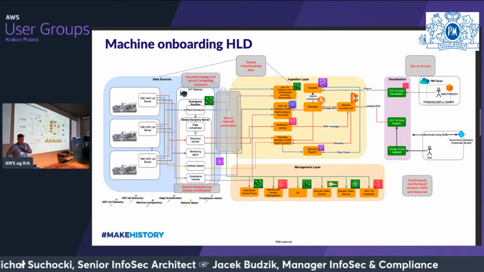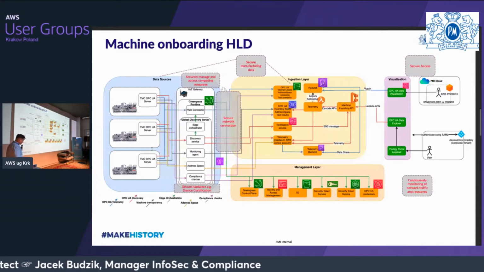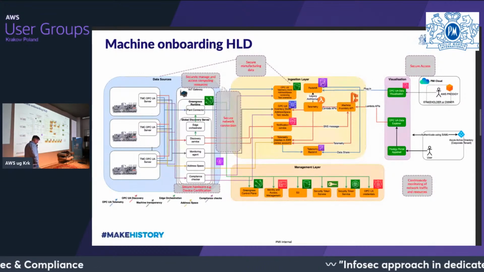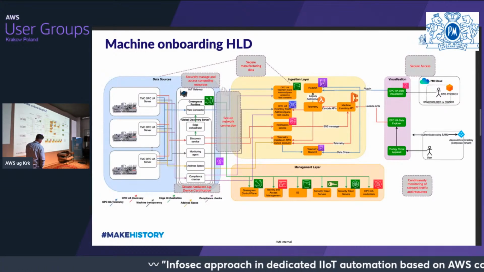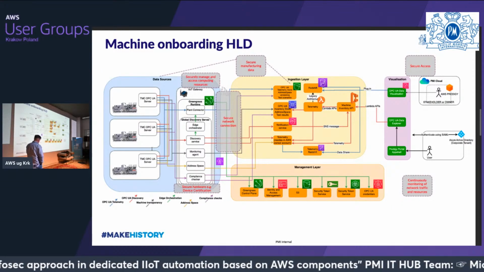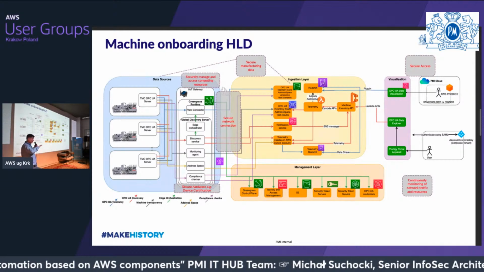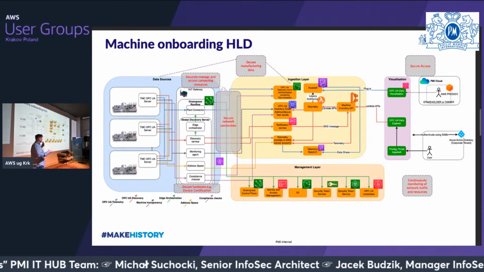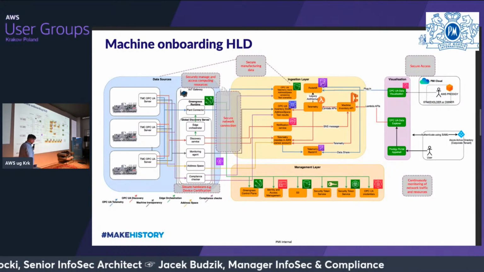So what you can see on this diagram is an example where we are collecting different types of data from machinery. On the data sources, we have OPC servers. So there is this specific communication protocol which allows, in a secure way, to exchange data and communicate with different types of machinery, translate it, and send it to the next level, the next layer.